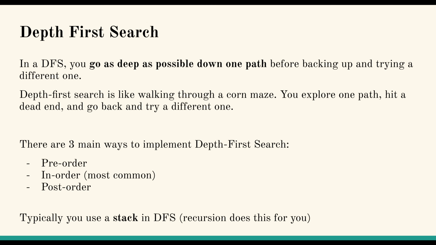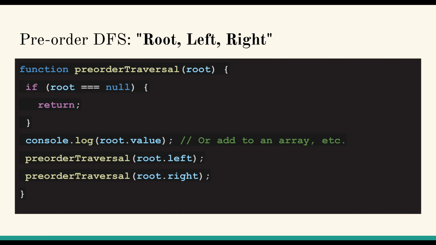So yeah, there's 3 main ways to implement depth first search. You've got pre-order, in-order, and post-order. And this is just the different orders in which you can do depth first search. The most common one is an in-order traversal because it's how you would think of a tree. It's left, middle, right. But there's no other real reason for that. So pre-order,